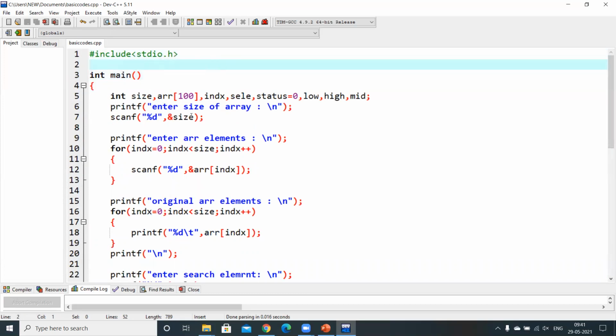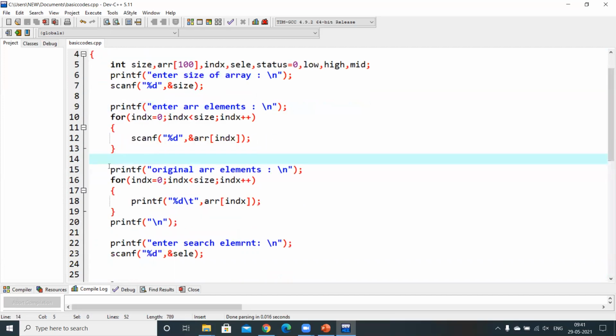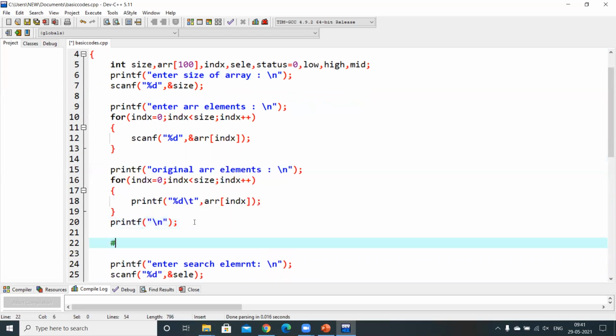Let me save this. I need to apply the sorting, right? These are the elements that we read, and the original elements have been printed here. Now let me add a comment here: selection sort for array. We need to apply the selection sort for the array.